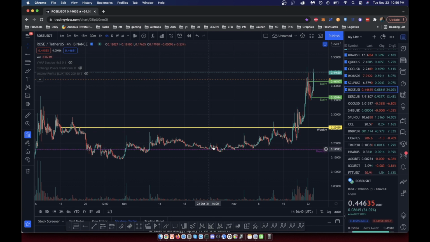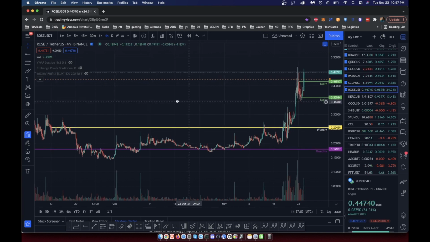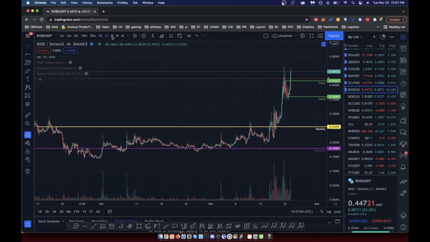It bounces off of it, breaks under barely, bounces off of it, bounces off of it. And then now this is resistance, right? So because it's above us, it's resistance. We close below it, and we end up going lower. We try to break through it with volume, and then it comes lower. But we break the second time around. So these levels of support and resistance are super critical to